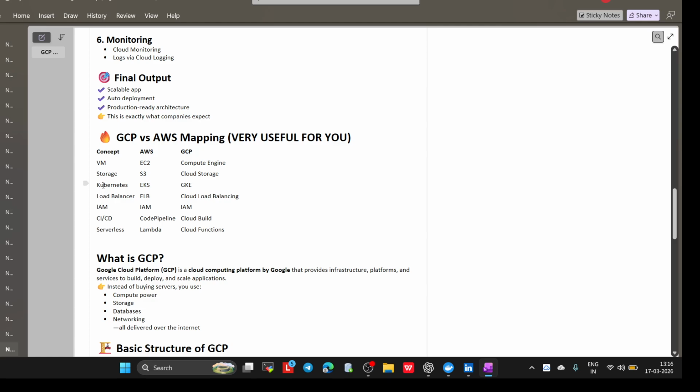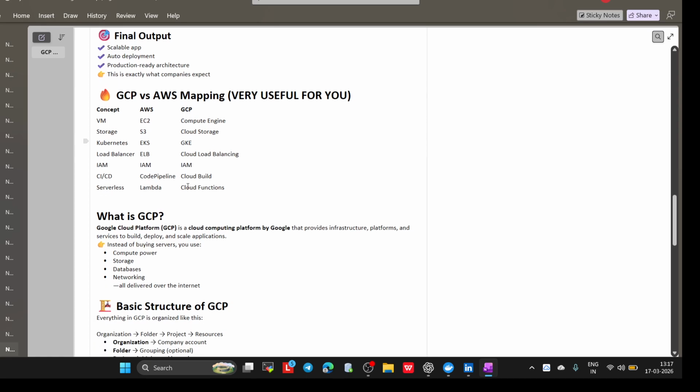For Kubernetes, AWS has EKS and GCP has GKE. The load balancer for AWS is Elastic Load Balancer, and for GCP it is Google Cloud Load Balancing. IAM is there in both, and for CI/CD, in AWS we use CodePipeline and in GCP we use Cloud Build. For serverless, in AWS we use Lambda and in GCP we use Cloud Functions. So the names will differ, but more or less the functionality will be the same.